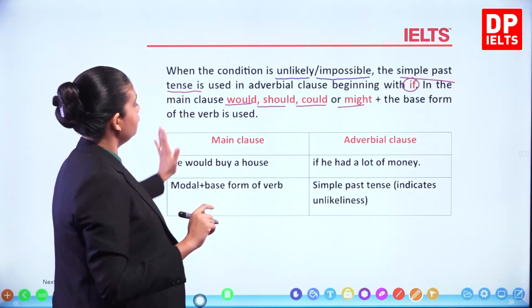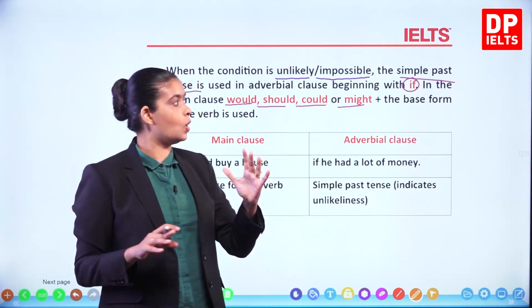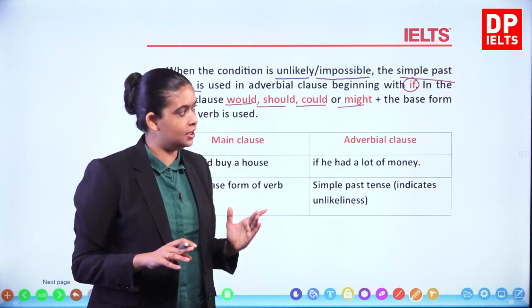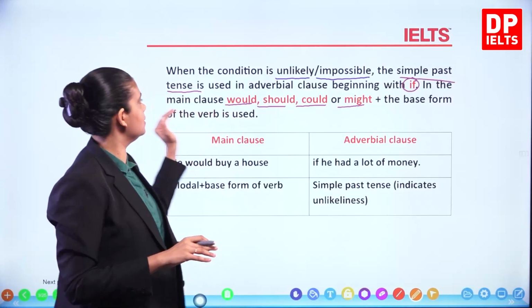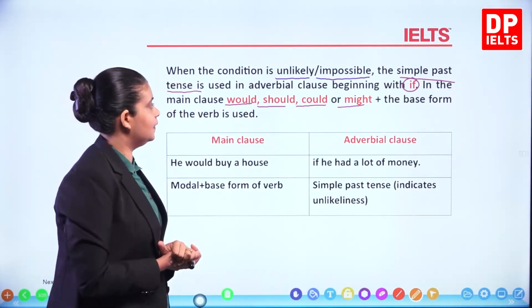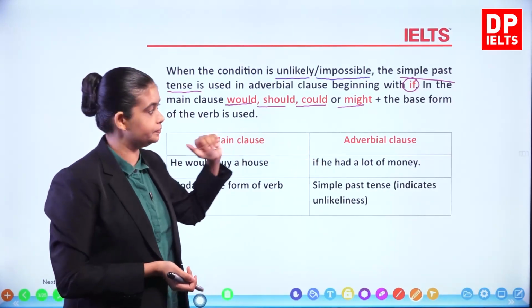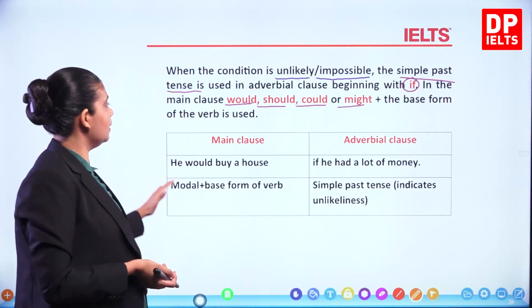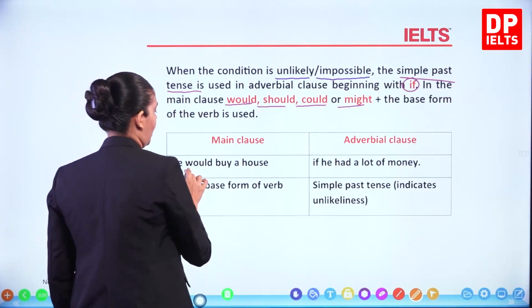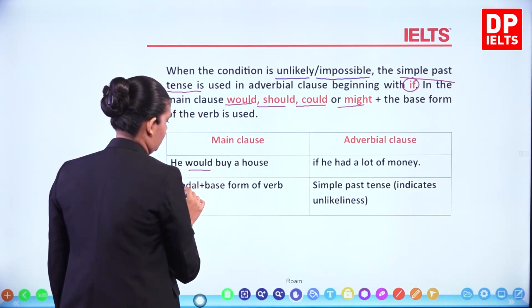But if the condition is unlikely or impossible to happen, then the simple past tense is used in the adverbial clause beginning with if. In the main clause, you have would, or you can have here